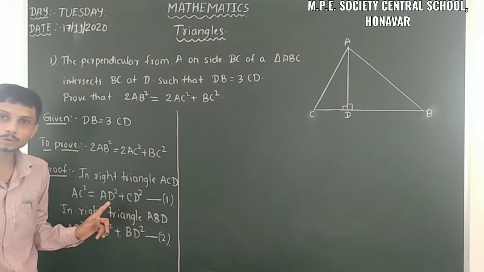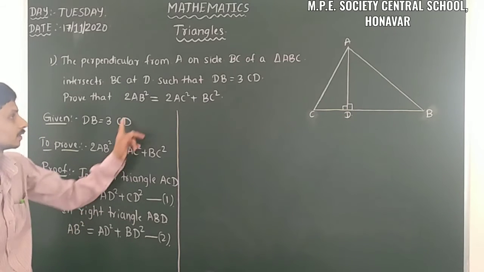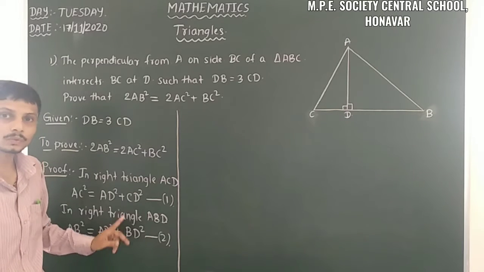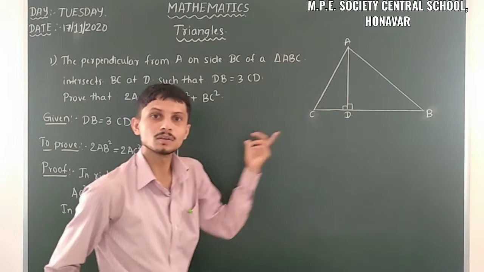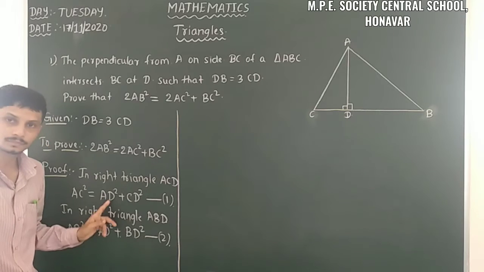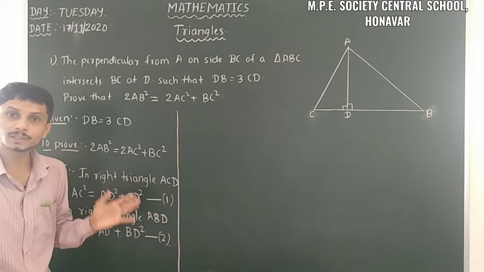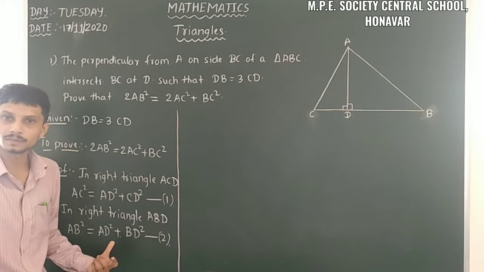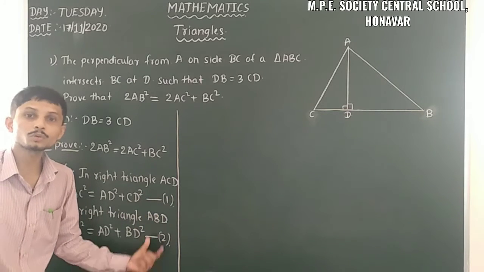Let us observe those two equations, equation 1 and equation 2. Here AC square is there, AB square is there, and we want AB square and AC square. CD is there, BD is there, so we can try to take BC from those two, because CD plus BD gives BC. But another term is there, AD. We don't want AD square, so that's why we have to subtract those two: equation 1 minus equation 2, or equation 2 minus equation 1.